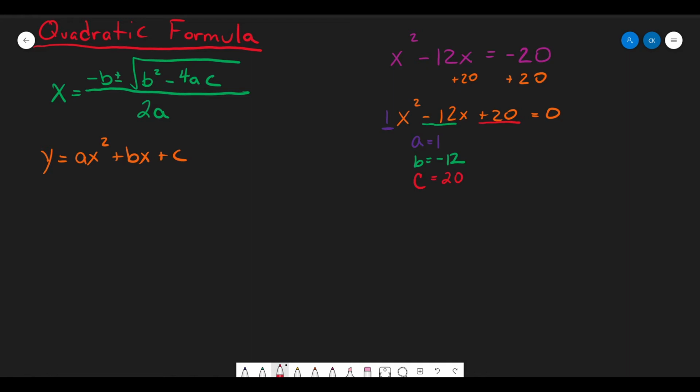So now, all I'm going to do is take those 3 variables and plug them into the quadratic formula. I'm going to use my quadratic formula, this one over here: x is equal to negative b plus or minus square root of b squared minus 4ac, all of that put over 2a. I'm just going to plug in. A is 1, b is negative 12, and c is 20. So I have